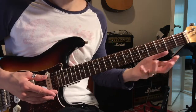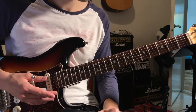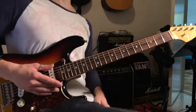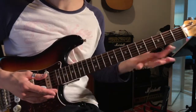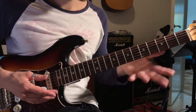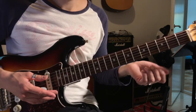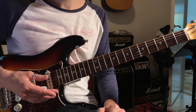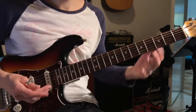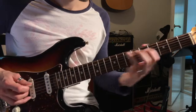If you're not used to this thinking, it can be kind of hard in the beginning because you have to switch scale all the time. You can of course play the F major scale or F major pentatonic over the whole progression, but I like to outline the chord progression, so that's why I play C major pentatonic